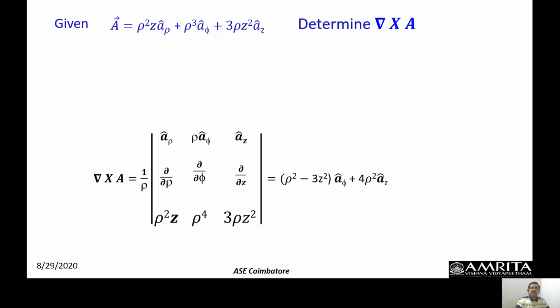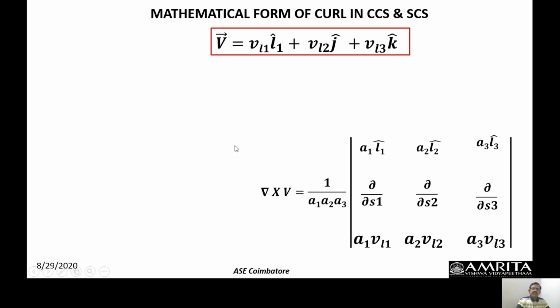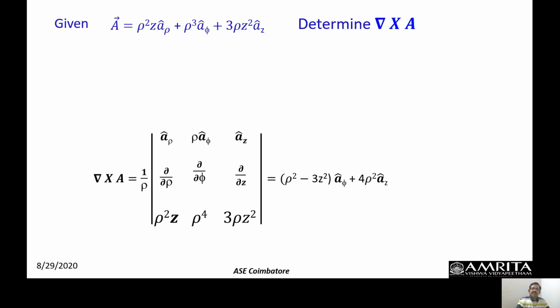Okay, so once I substitute here, you will get this 4 rho square. So this is along the a z direction. So how do I do this determinant? It is something very super simple. If I leave the first term, I have to leave the first column and first row. I am having the cross terms here. So I have to look at these 4 terms and cross multiply, subtract. So remember this expression. If you remember this expression, then this becomes super simple. So with that, I think you are getting this feel for determining.